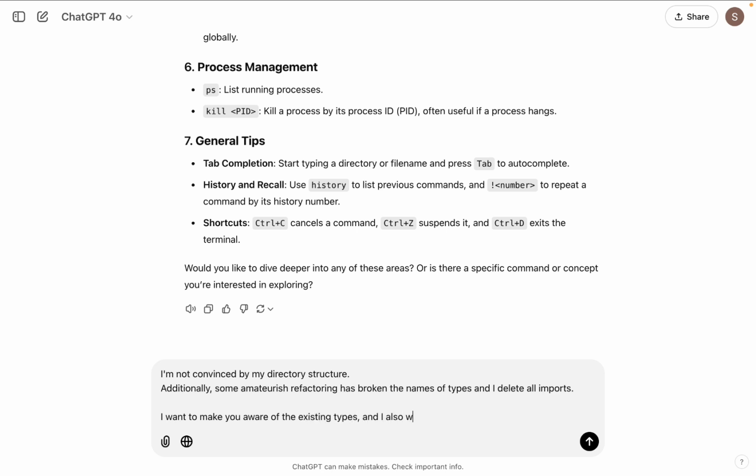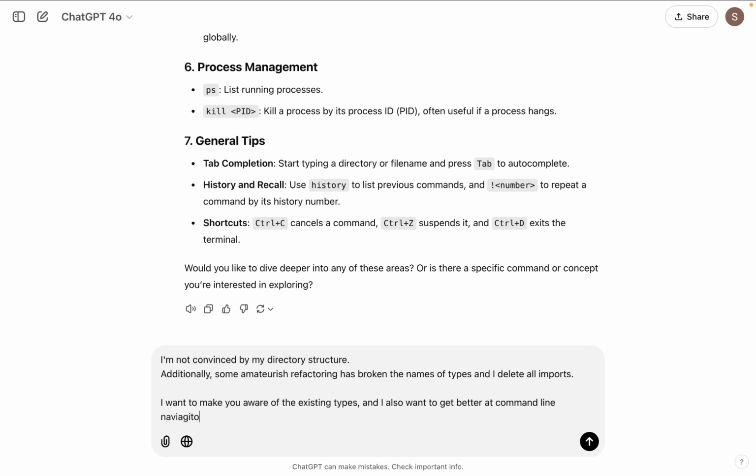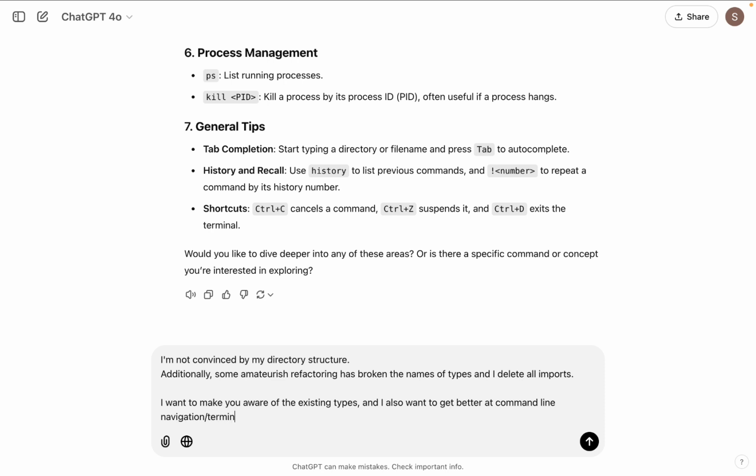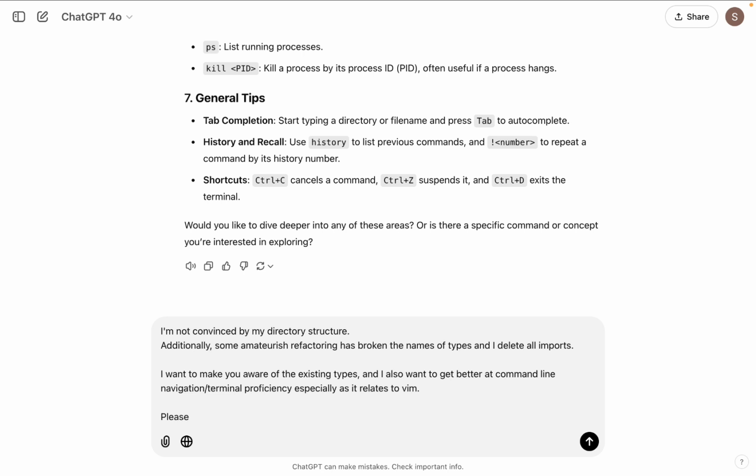And I also want to get better at command line navigation / terminal proficiency, especially as it relates to them. Please, my inclination is to,